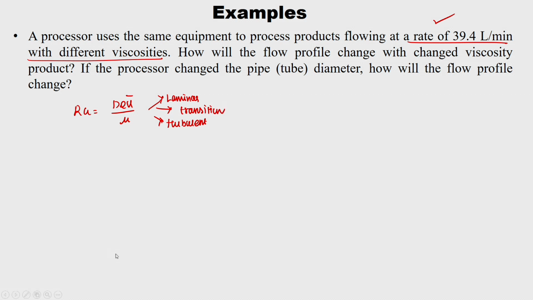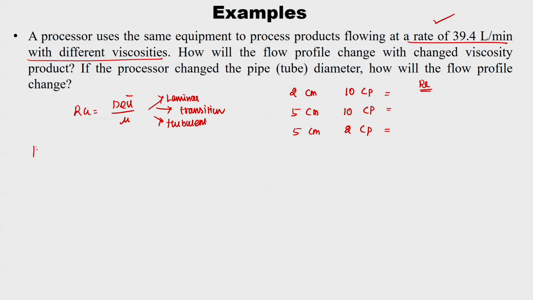So, how does it change? I am going to take two examples. One is a 2 centimeter pipe with 10 Cp. I am going to calculate what my Reynolds number is, and the same 10 Cp viscosity I will take, but for a 5 centimeter pipe. And for the 5 centimeter diameter pipe, I will also use 2 Cp. Viscosity I will decrease, then I will observe what is the change in Reynolds number.